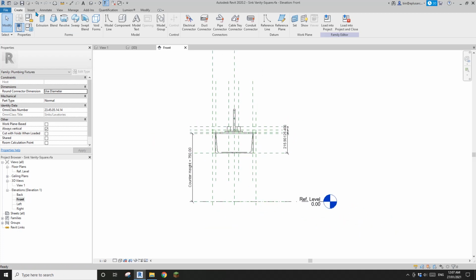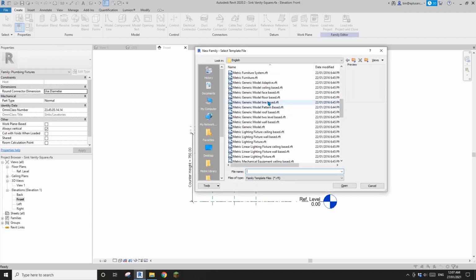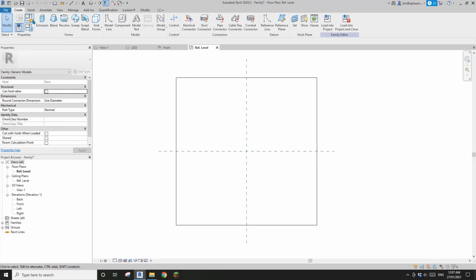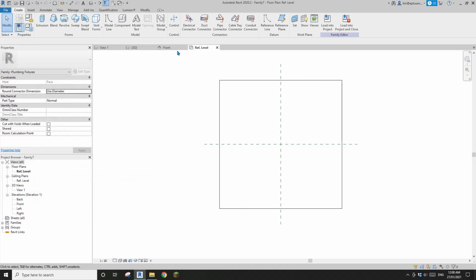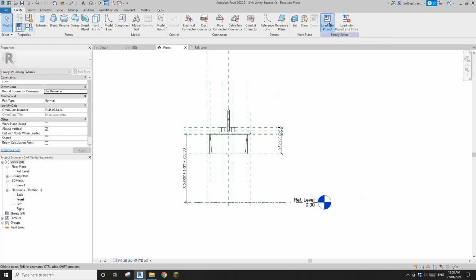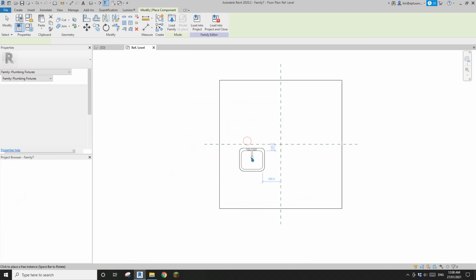So we will need to create a new generic model face-based. We need to create a face-based family. Okay, so in this face, actually I'm going to change the category, because there will be a sink in this, so I'm going to change it to plumbing fixture. Okay, so now go back to the sink and load this into the new plumbing fixture family, which is